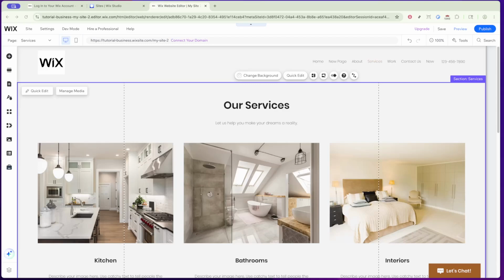The first thing you'll need to do is open the Wix website editor. Start by navigating to the Wix homepage in your web browser. Once you're there, sign in with your account details. If you don't already have an account, you'll need to create one first. Once you're logged in, you'll be taken to your dashboard where you can manage all your sites. Locate the specific site you want to edit. You should see an Edit Site button next to it. Click on that, and the Wix editor will open, giving you access to all the tools you need to create